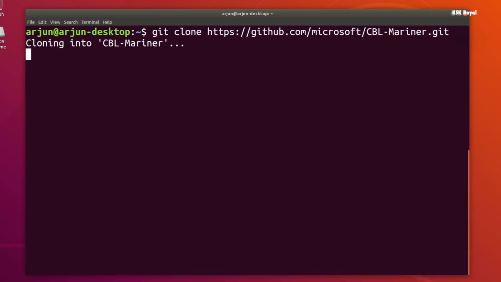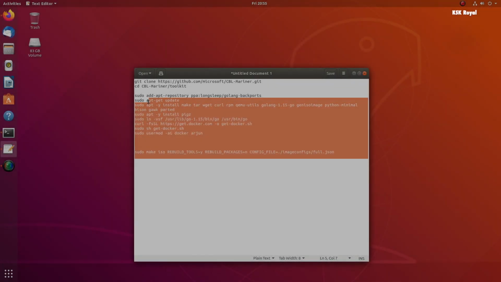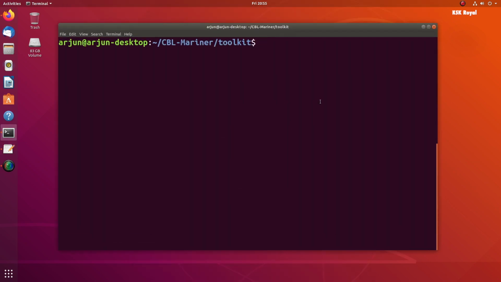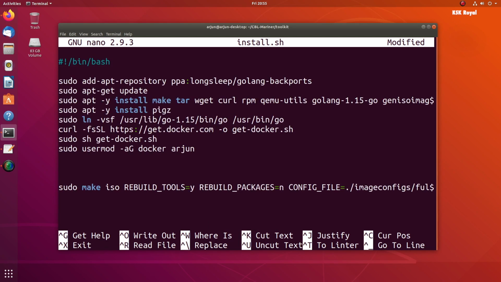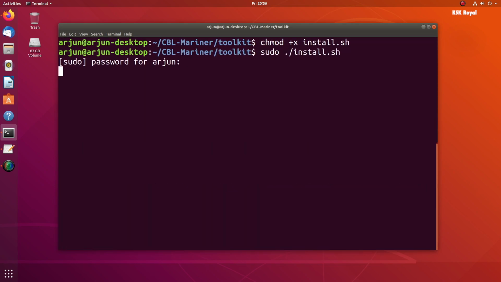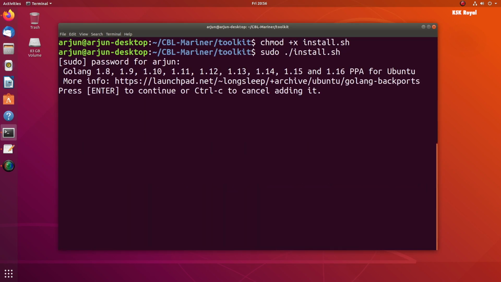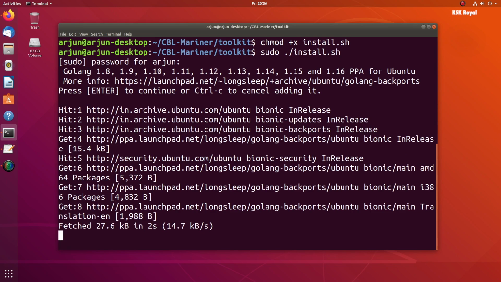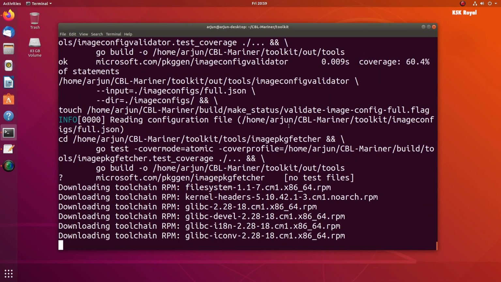Anyway, let's see the installation process of CBL-Mariner and how it looks. Now, as of now, Microsoft hasn't released any ISO builds to download and install. This is open source and free, so you can compile and build your own ISO. All you need is an Ubuntu LTS and install all the dependencies like Docker, RPM tools, ISO tools, Go language support, and others.